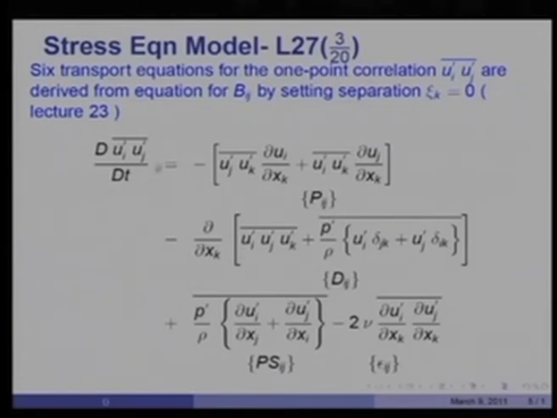This is the convective transport of the one point correlation ui prime uj prime. This is the production rate of the stress. This is the diffusion rate of the stress, and this is called the pressure strain term, and I will explain the meaning of that in a minute. And this is the dissipation or destruction of the stress itself, given by epsilon ij,